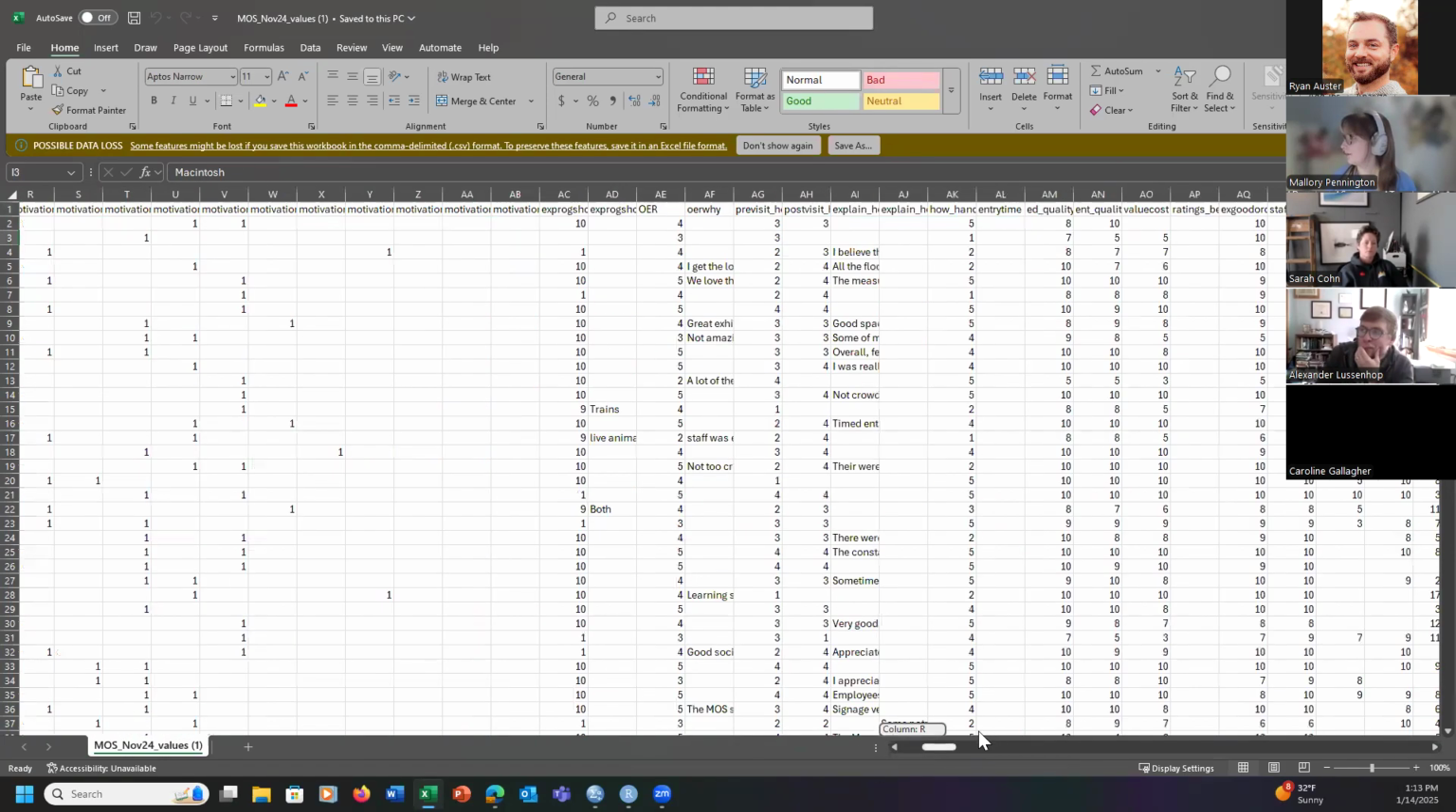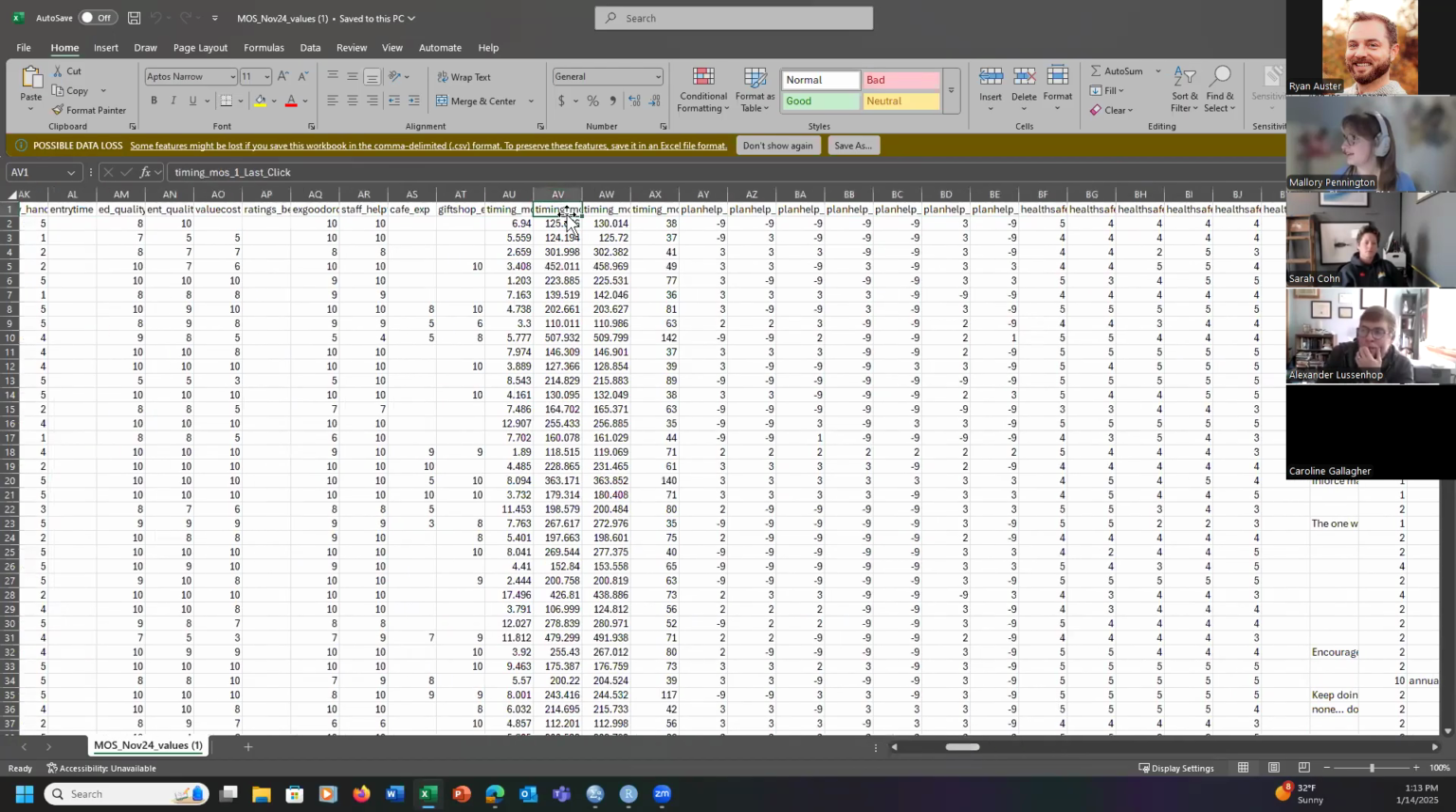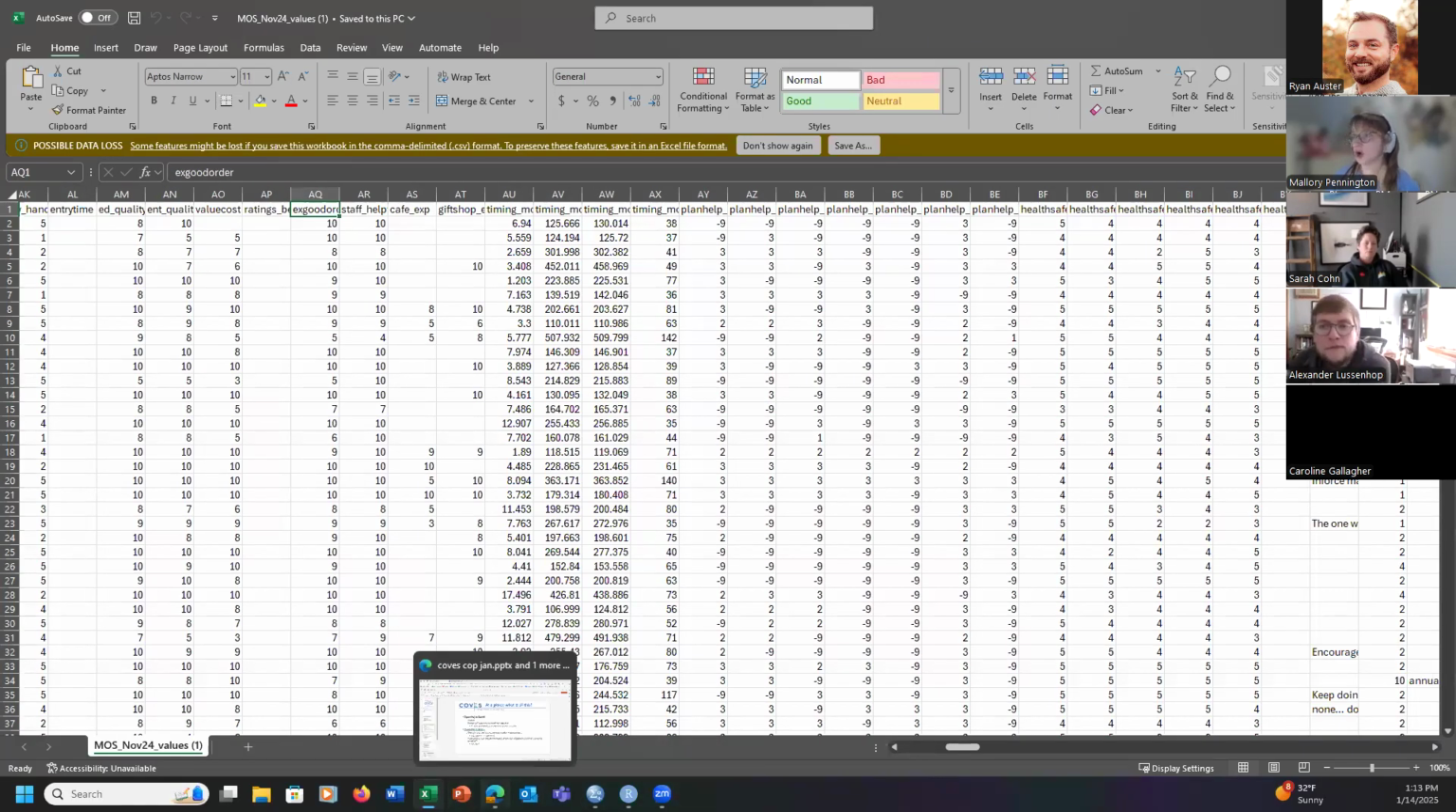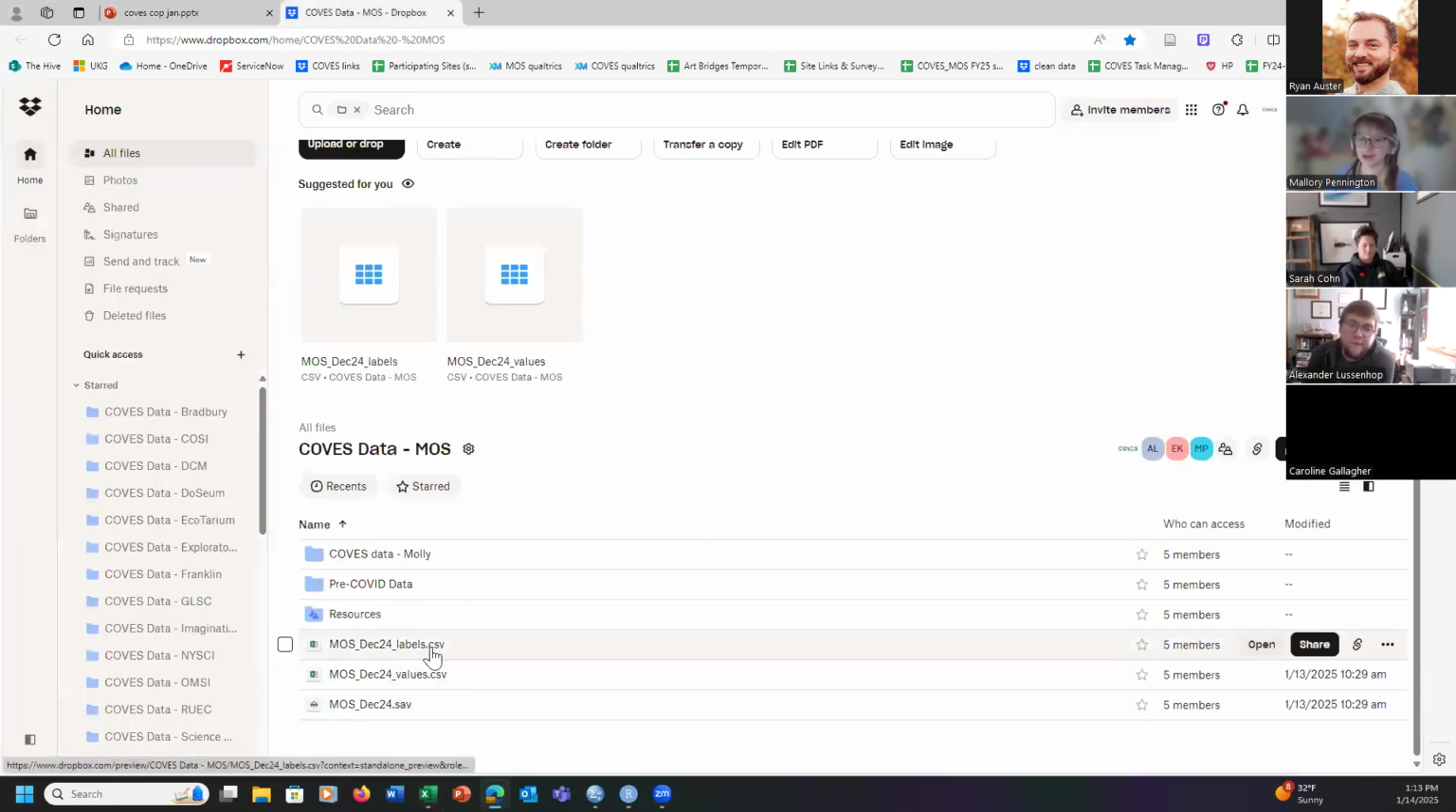Or maybe I'm like, what are all these timing variables? What is X good order? What do all these things mean? We can go back and look at the labels file in the Dropbox, as I mentioned, and that will usually